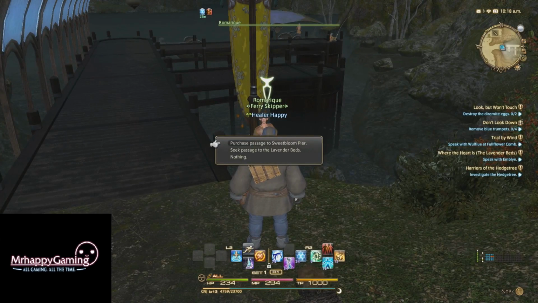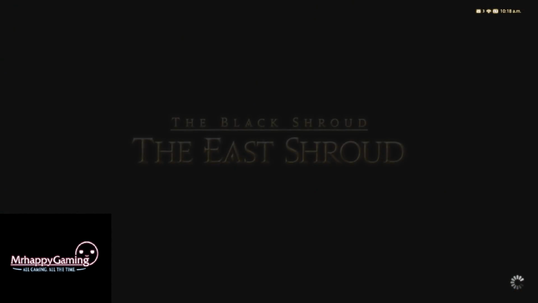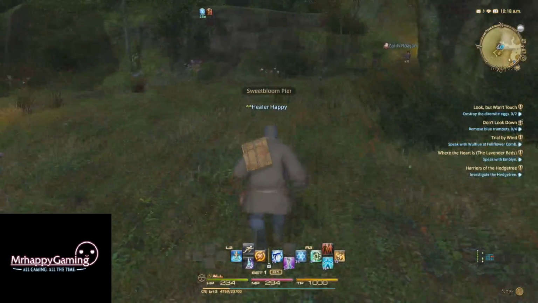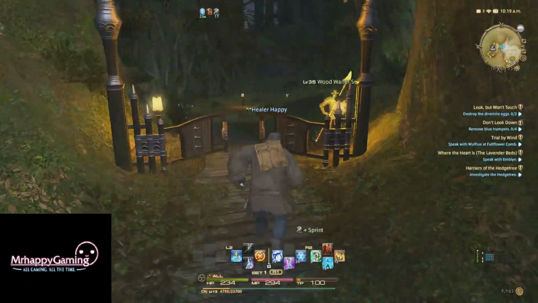So in Gridania, you have the ability to go by boat to a few different places. One of them is where I just came from, Sweet Bloom Pier. The other one is the housing area, which again I said I wasn't really going to touch upon until much, much later into this video series. So sorry about taking the wrong turn there. I should have just quickly...